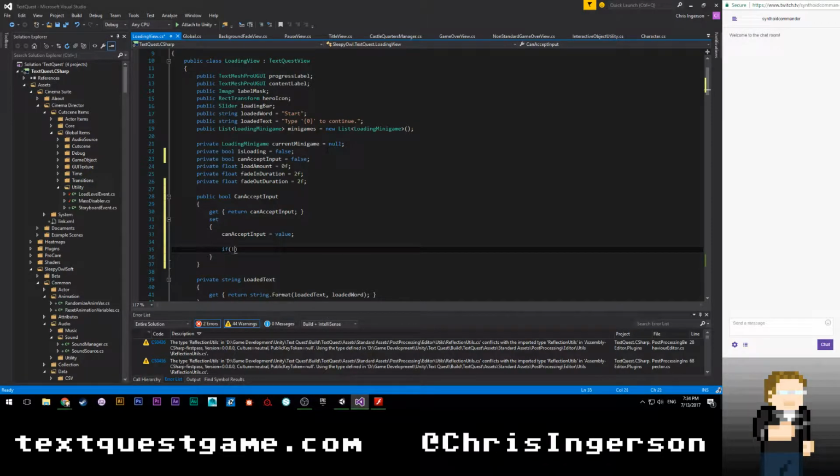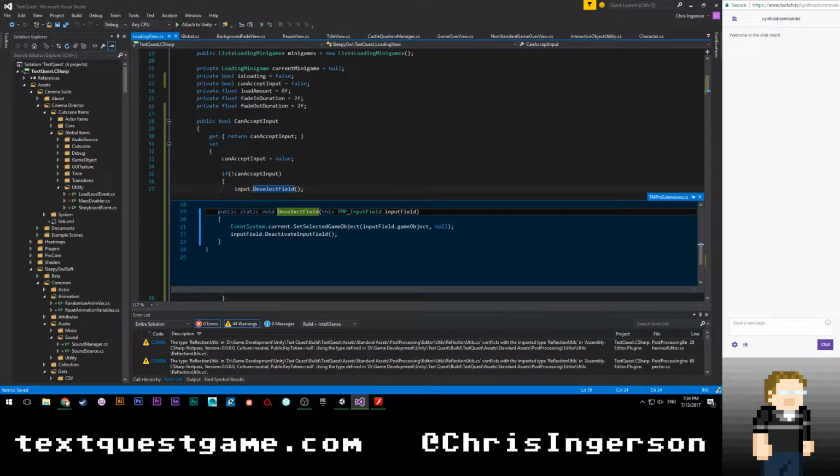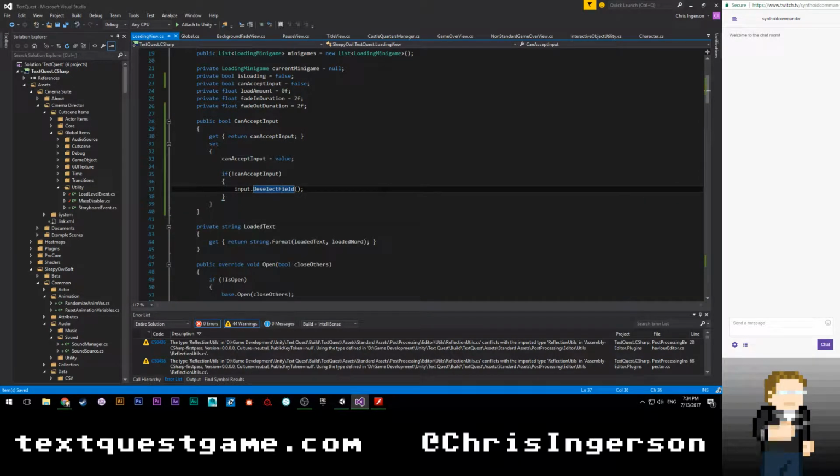And then we're going to say if not canAcceptInput, we're going to say input.DeselectField. All right. Peek definition. So it sets it as the game object, and then it. Oh, okay. I guess I should probably say if input.isFocused. No need to deselect it if it's not actually selected.